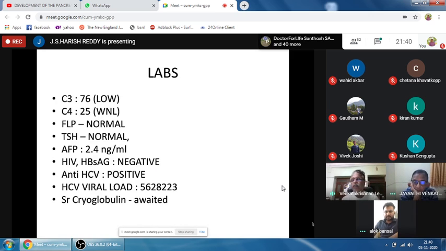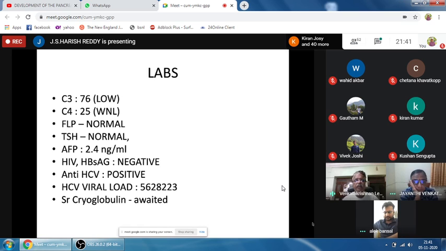So we looked at this. You wanted to look at the hepatitis C viral load. We want to look at the hepatitis B, isn't it? When you have a nephrotic range of proteinuria, if it's going to be membranous or something, we always look for a lipid profile. Lipid profile was normal, and TSH was normal.